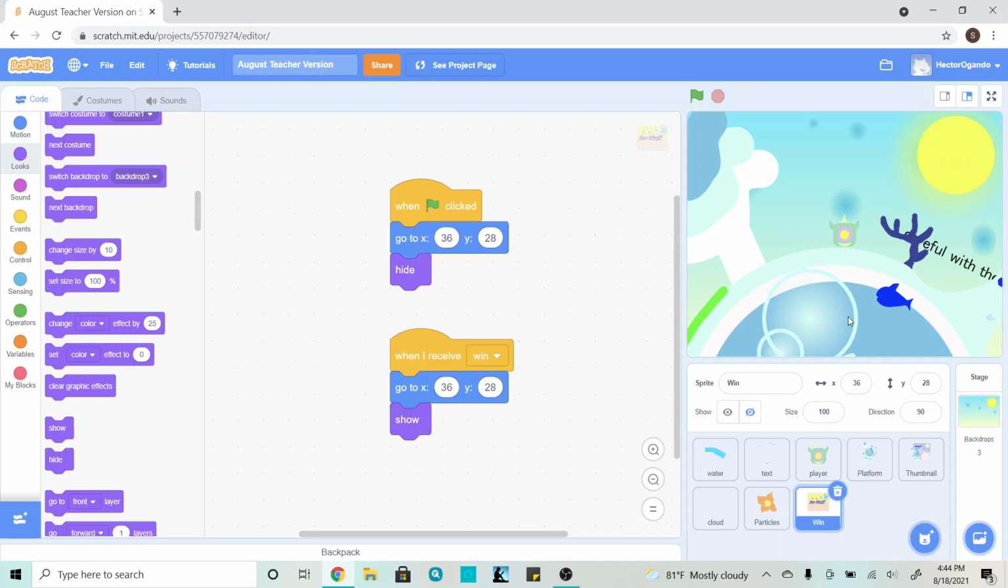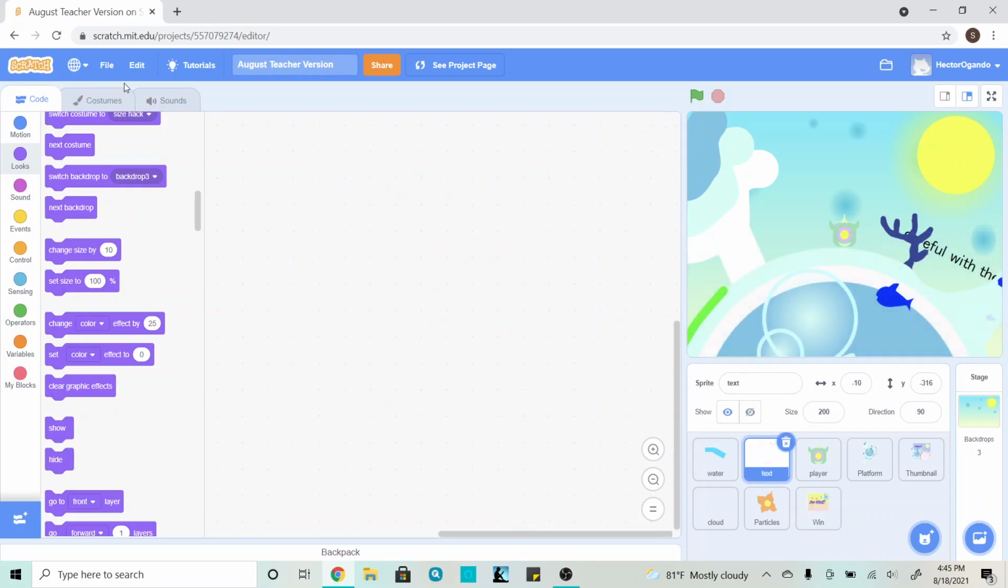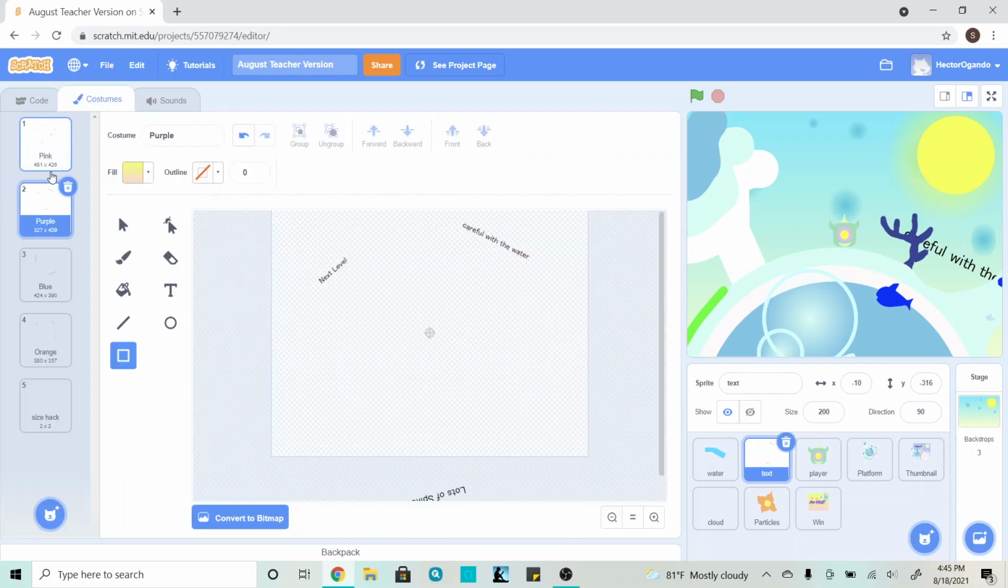All right, guys, so now that we're done with our windscreen, the next thing that we're going to work on is our text. So this has already been here since the beginning of our game's creation. So we can go ahead and click on this sprite and go into costumes. So what this is essentially doing is it's adding funny text around the actual game